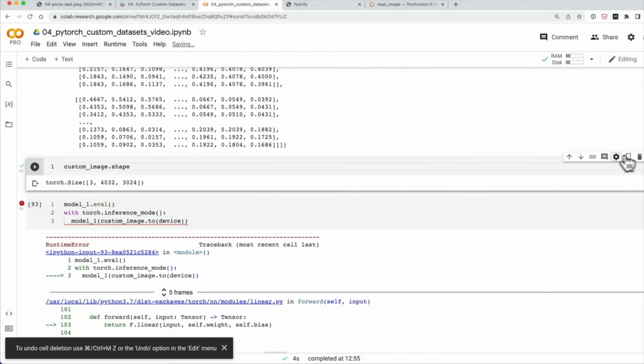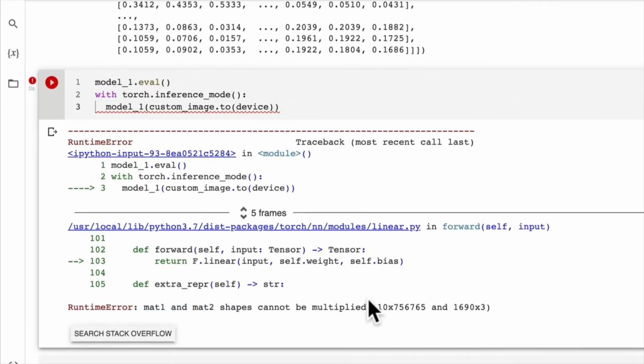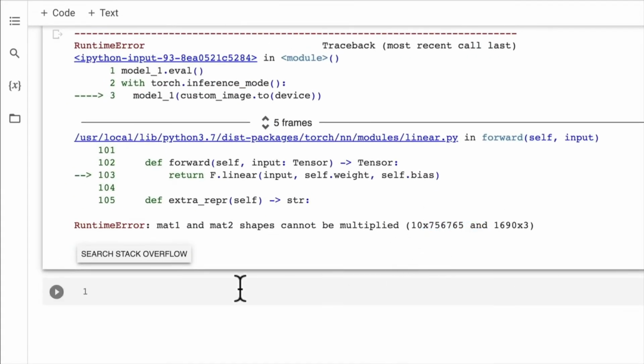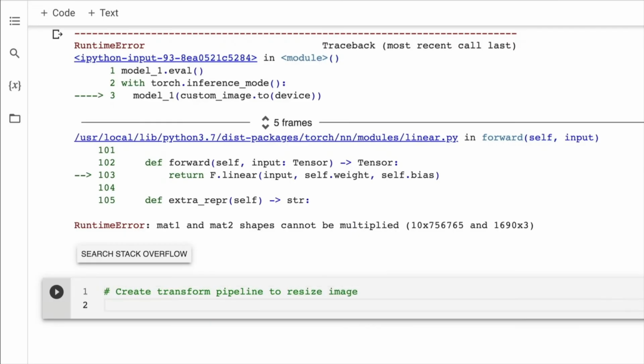So let's keep going. We've got custom_image.to(device). We've got an error here. So this is a shape error. So what can we do to transform our image shape? And you might have already tried this. Well, let's create a transform pipeline to transform our image shape. So create a transform pipeline or composition to resize the image. Because remember, what are we trying to do? We're trying to get our model to predict on the same type of data it was trained on. So let's go custom_image_transform is